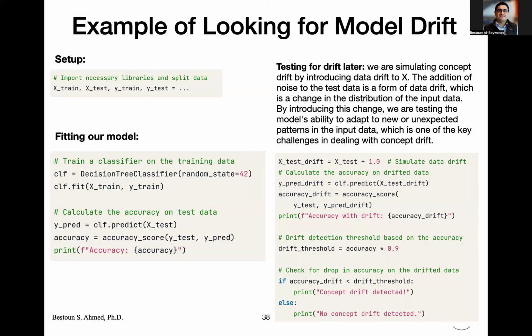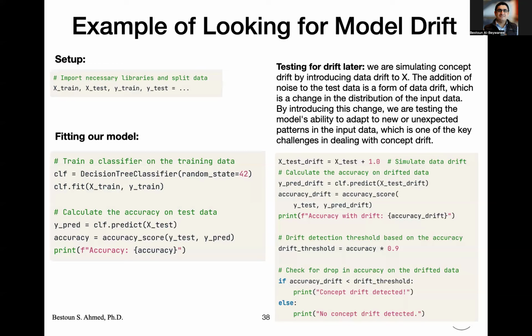Now, you have a model with the original data, and now you have a model with the shifted data, and you have this drift detection threshold based on the accuracy, and you say that the threshold is accuracy multiplied by 0.9. So this is the drop